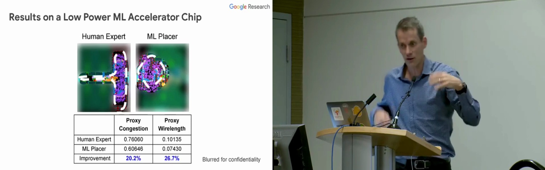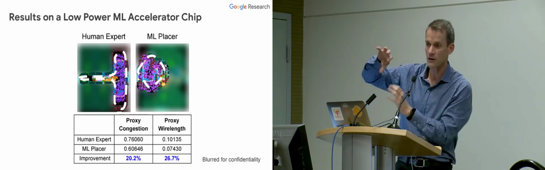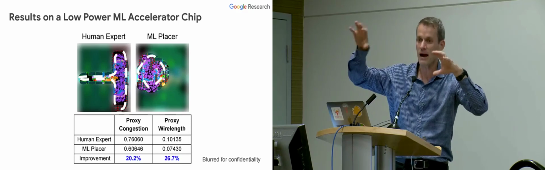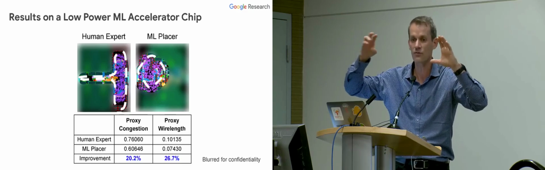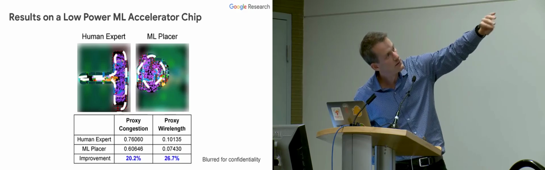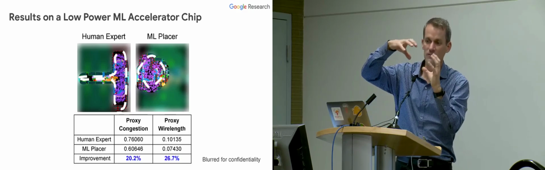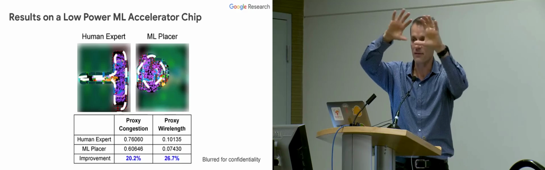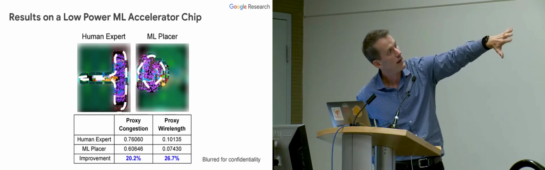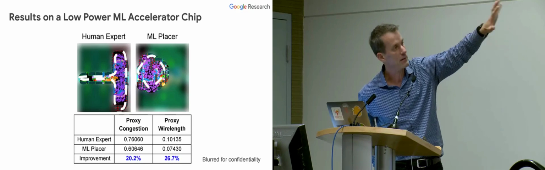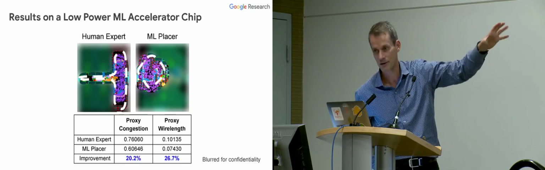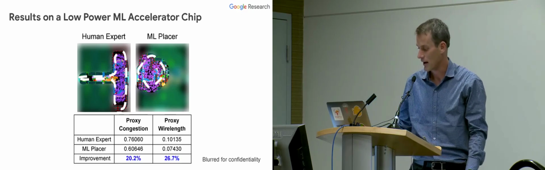Generally, humans like to have these kind of fairly regular parts of the chip that they put most of the logic of the chip in, and then the parts around that are going to be macros that are things like SRAM cells to hold memory, things like caches. And generally, you kind of segregate the way you do the placement into the logic-y part and then the macro-y part all around it, connected together in the right ways. And the ML placer is doing something similar, but it's got a bit more kind of rounded structure, so it has a little bit different surface area characteristics of where the logic and the macros interact.